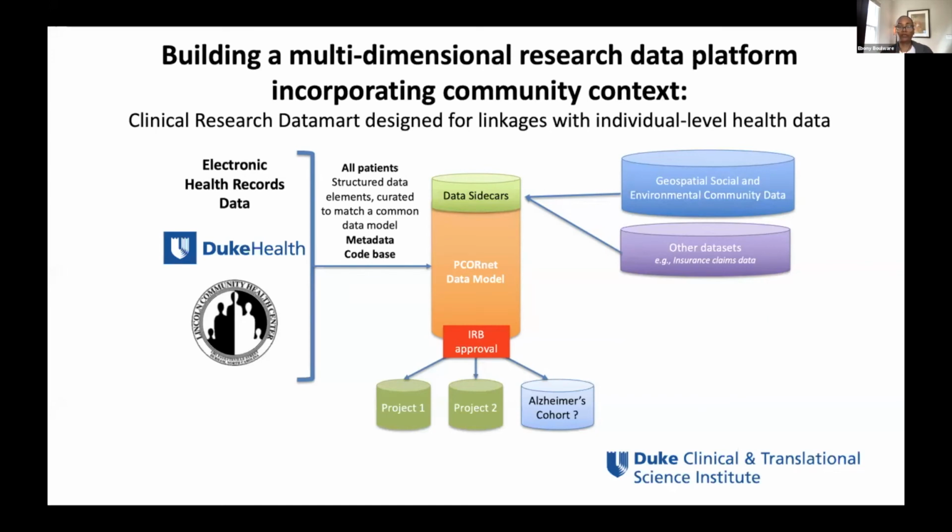And what we're able to do using a common data model is link other types of data to these data, so that we can begin to link in the geospatially enabled social, environmental, and community data, like the data I showed you, to every individual seen at Duke and Lincoln, as well as other data sets such as insurance claims data. Eventually we are also looking to link these to biospecimens and additional types of data, and then be able to generate specialized cohorts of individuals so we can study these multiple levels of influence on individuals' health that contribute to these community-level health inequities.